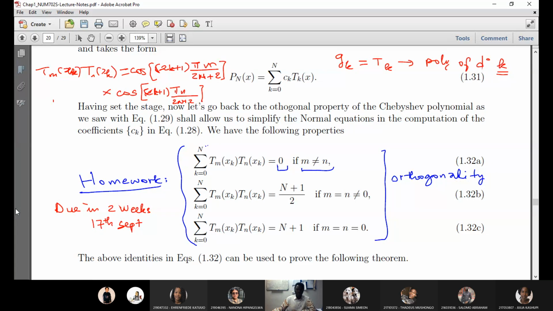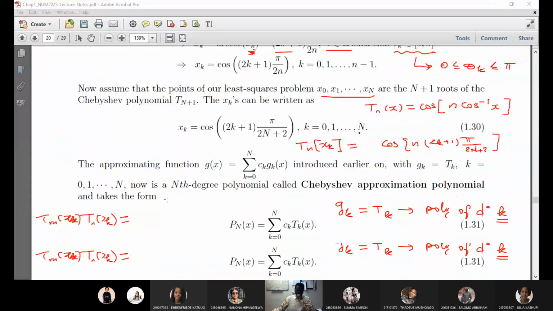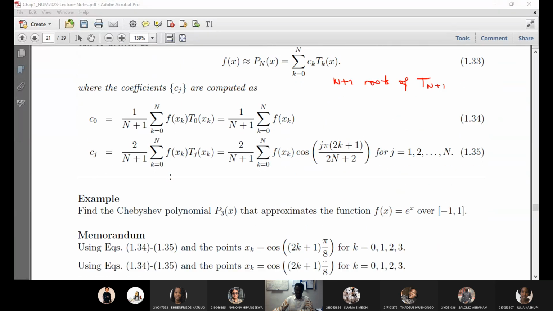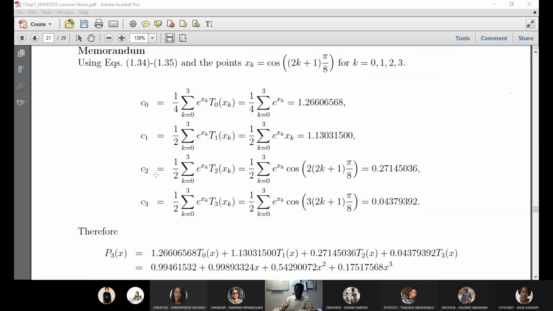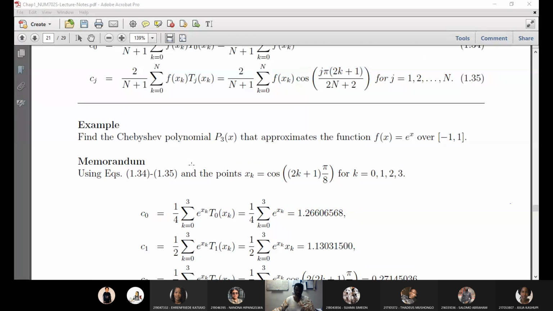All right. So we saw that if this is orthogonal, we can easily find the coefficient, right? And the coefficients are given by this, C0 and Cj, where j runs from 1 to n. And we tackle this problem as an application. The problem is to fit, to approximate the exponential of x over the interval -1, 1. So the data points there will be the roots of